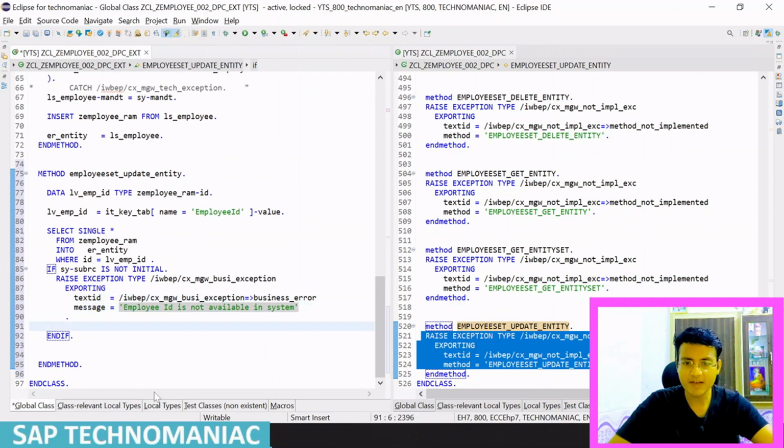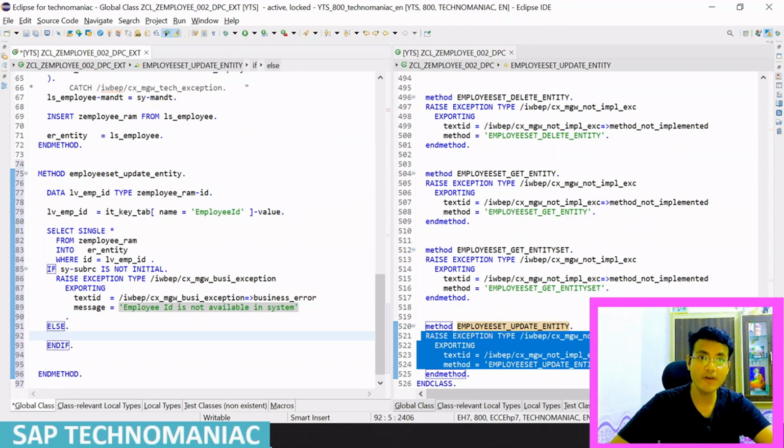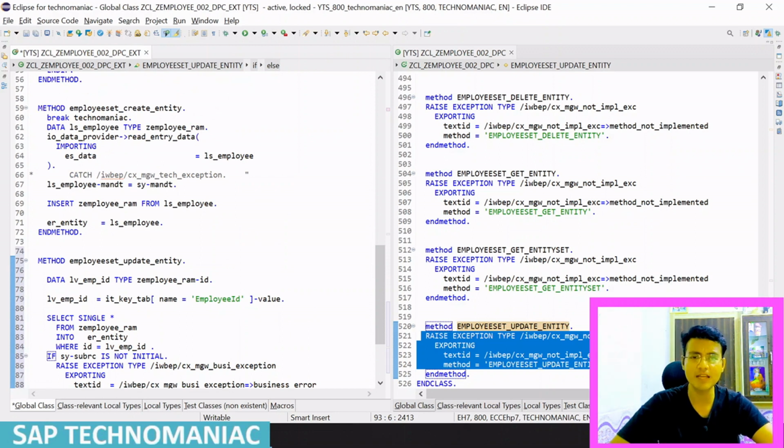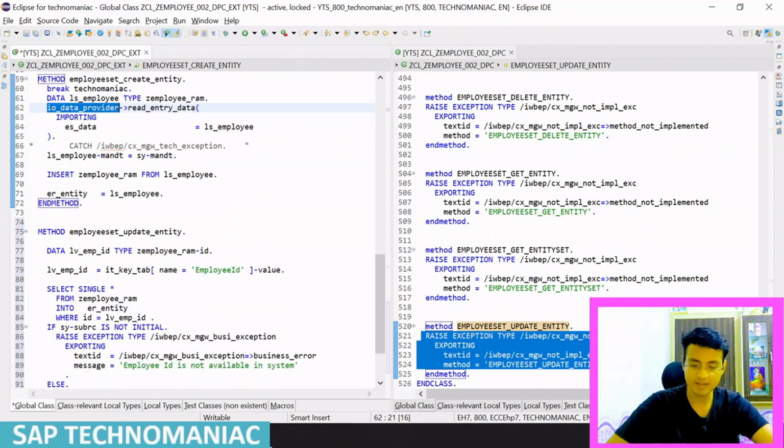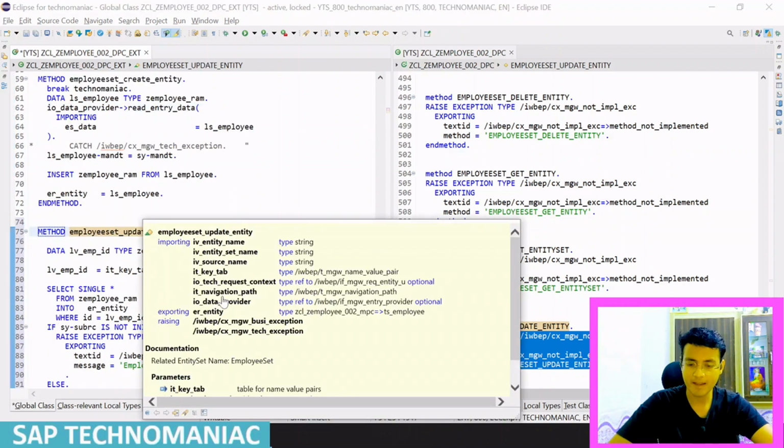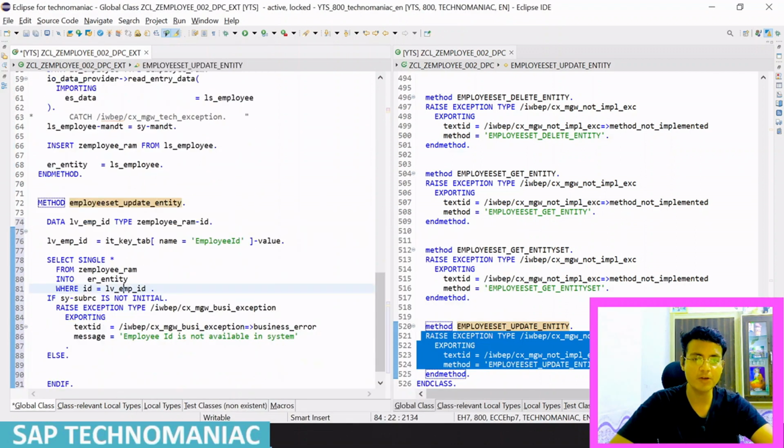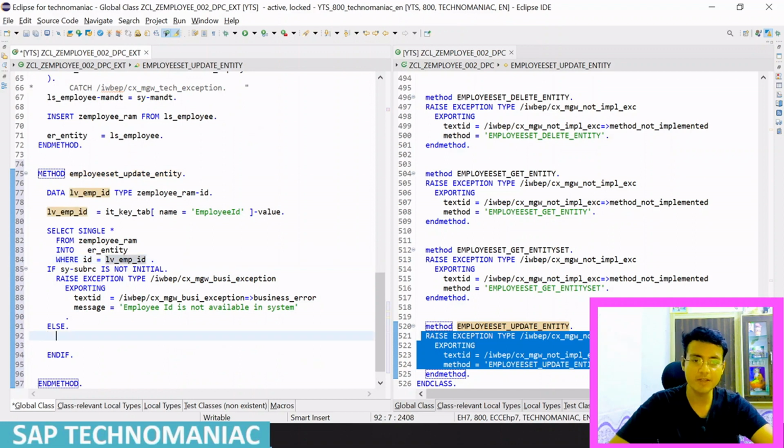If it is available, then obviously we have to read the modified data. So how will you read the modified data? Again we will use the existing code, this IO_DATA_PROVIDER method. If you do F2, this is the same IO_DATA_PROVIDER read method. We will use